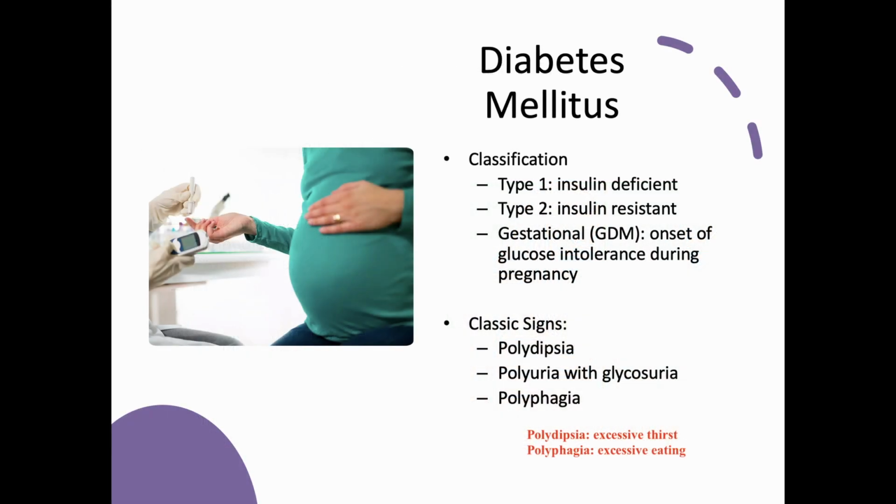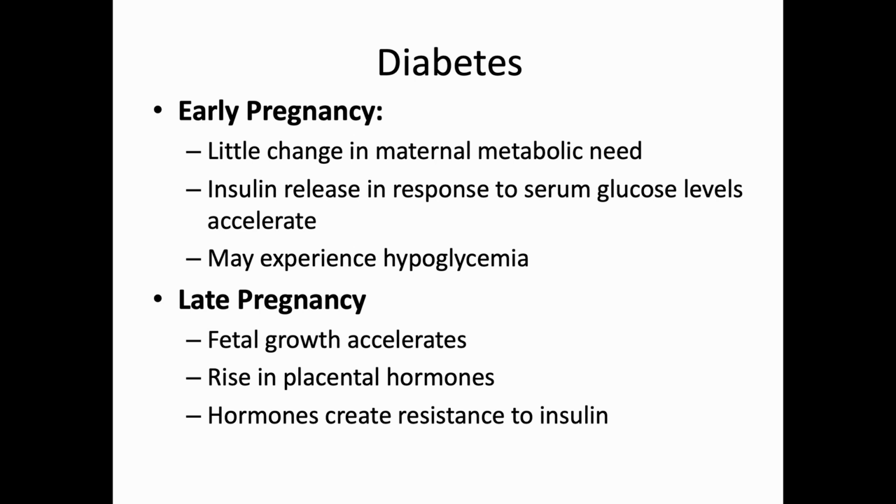Other big one is diabetes, right? There's all of our different types. For the most part, we are looking mostly at gestational diabetes, right? Because that's diabetes that's going to be onset during the pregnancy, right? Our signs are our usual, the 3 Ps of diabetes, right? Polydipsia, polyuria, polyphagia. With diabetes, so just generalized diabetes,